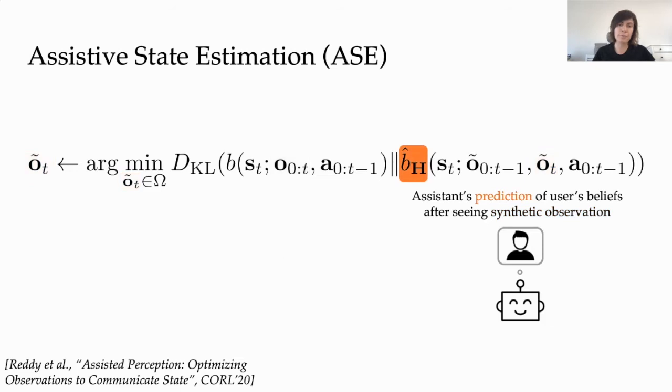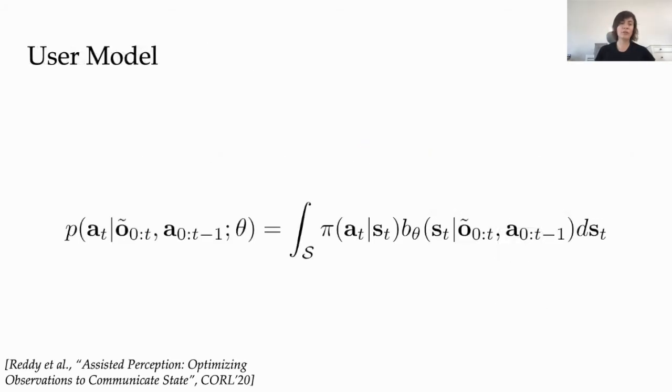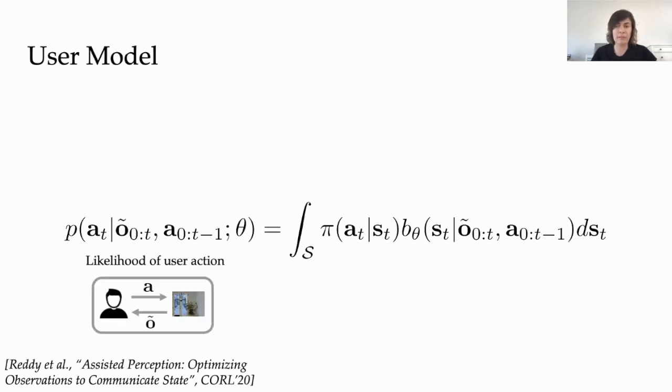The challenge, what's hard about this, is that we don't have access to the user's internal estimation process. We don't have access to this B hat. So what we propose is to learn it from demonstrations of users' actions. We look at user actions and then try to back-derive what a B hat is that fits that. And so we model the likelihood of the user taking a particular action A_t, given a history